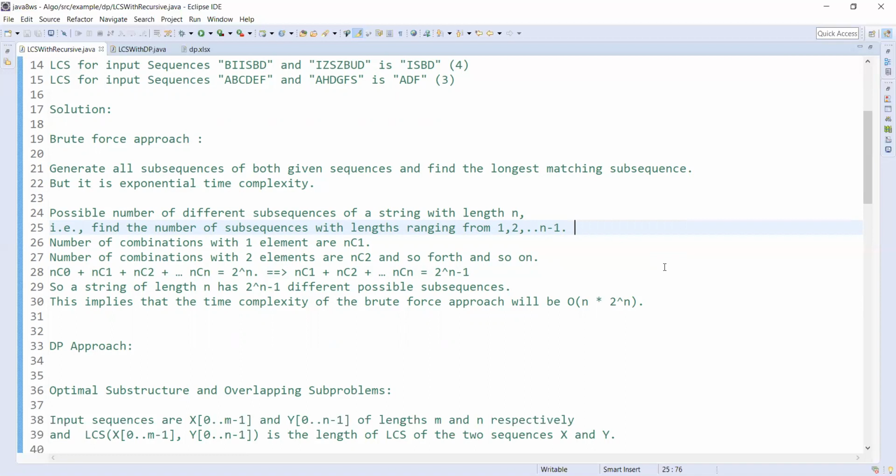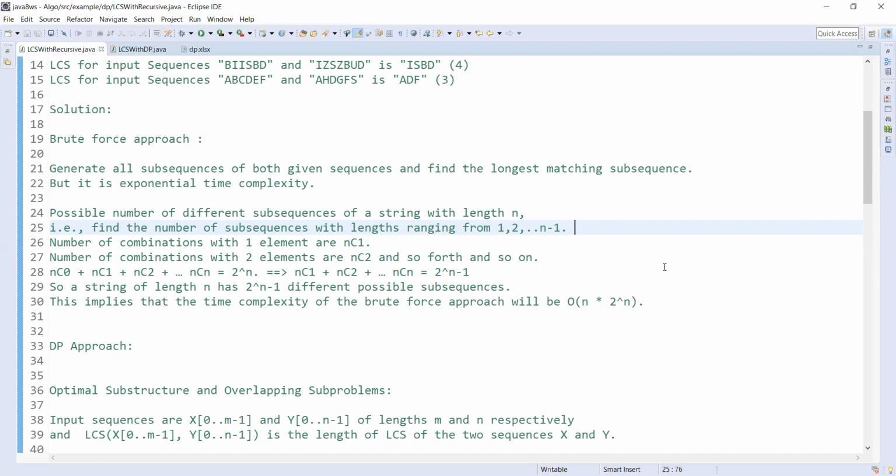So the n times we need to track, so the order of that brute force approach is O of n into 2 power n. But anyway, we found the solution. But if the length of the sequence is big, then it will be a problem. The complexity will go up exponentially, as we discussed. So the program performance will be very poor.